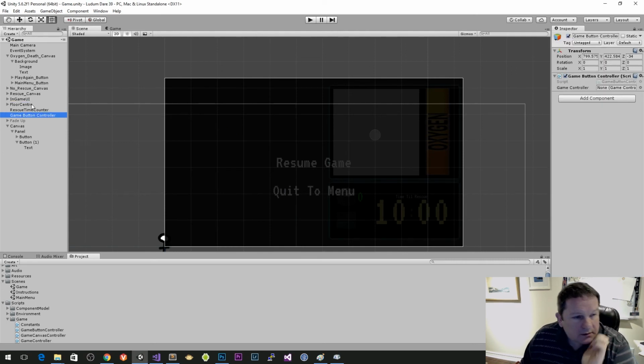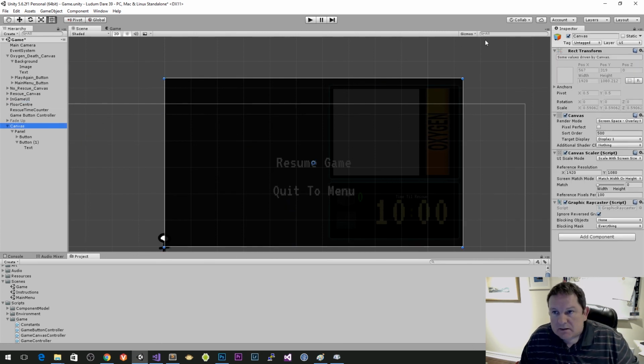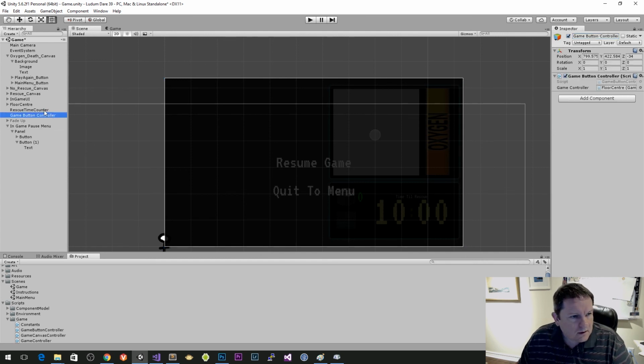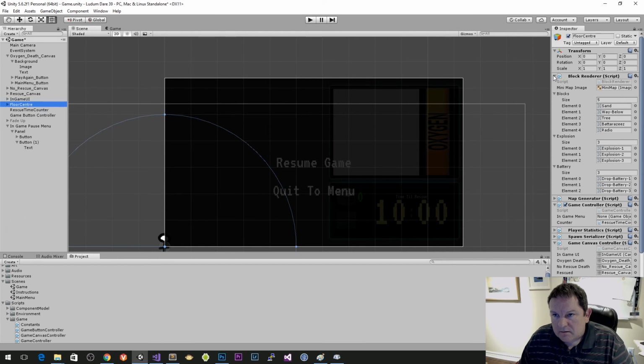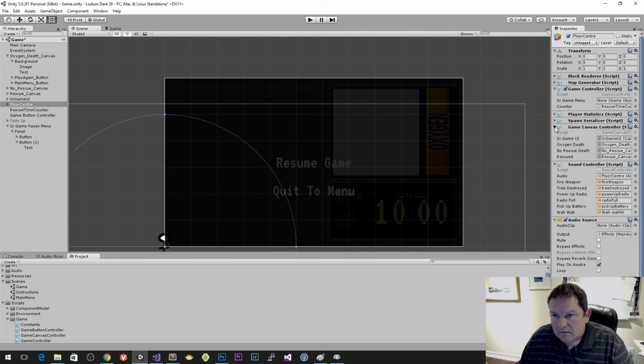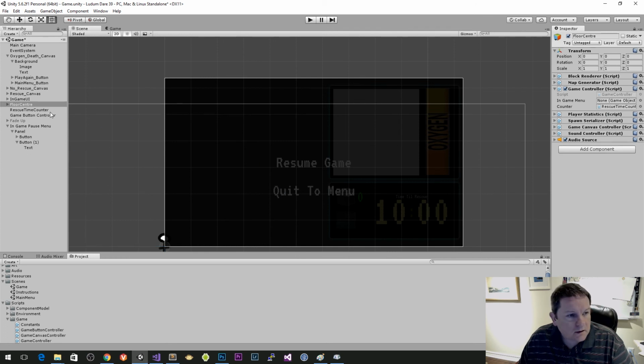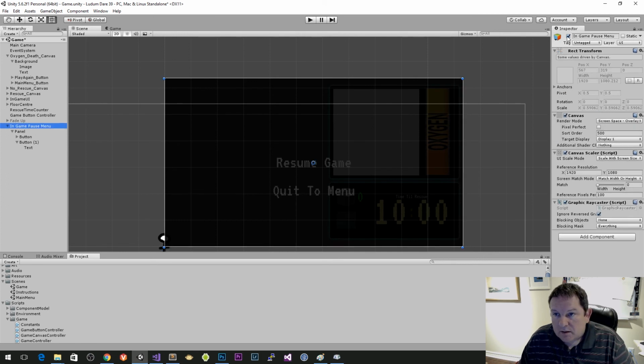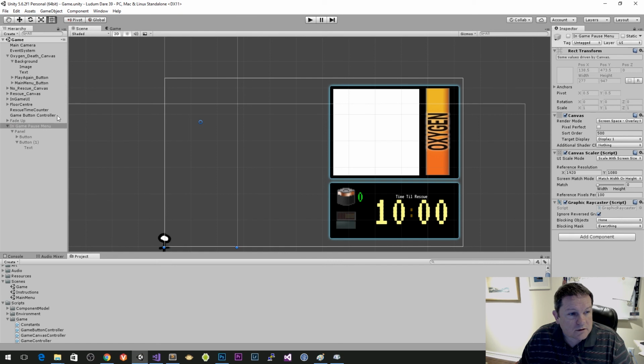And then my game button controller needs to know about the game controller, which I think is probably a circular dependency. And then this controller here needs to know about this canvas here, which is going to be the in-game pause menu. And so I can just drag that. I get rid of this here. I can then drag my in-game pause menu into here. And my in-game pause menu should be not showing. So to show that, I need to,